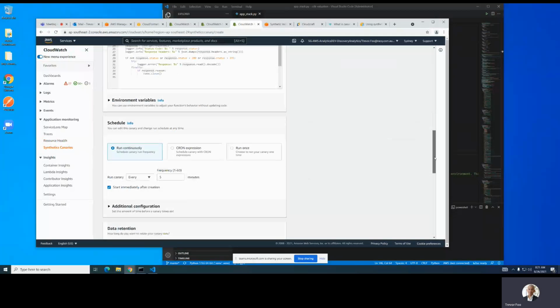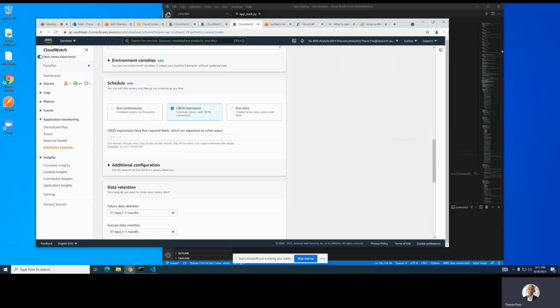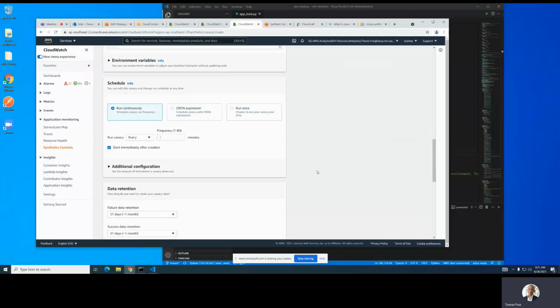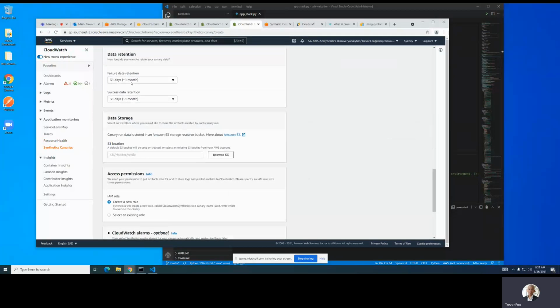And then you can see down here, the schedule. So you can either use a schedule defined every day, every X number of minutes, so 1 to 60, run once, or cron expressions. Probably easiest just to use the schedule. And you can tell it how long to keep the data, the logs of each of the, I guess, scheduled calls